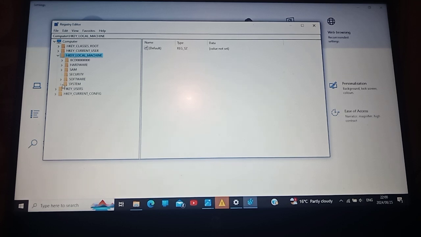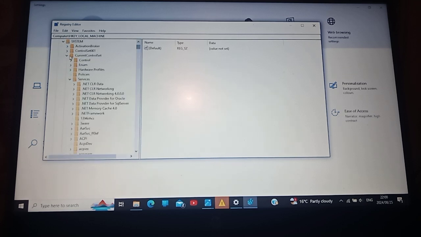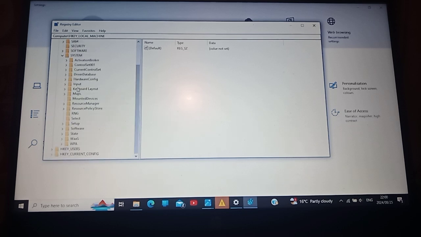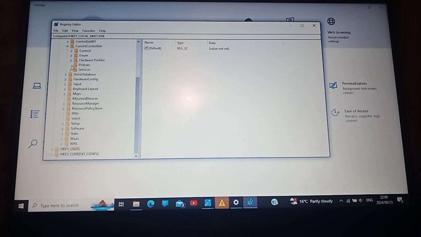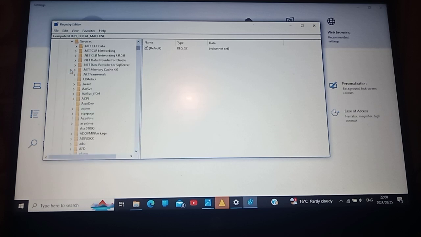You click on System, and after clicking on System, you open CurrentControlSet. Since you have opened CurrentControlSet, you are gonna come to Services, and then you click on Services. So when you are on Services like this, you are now gonna scroll down and look for the word